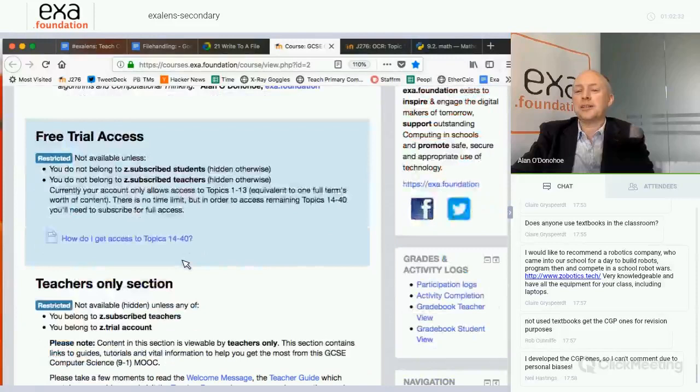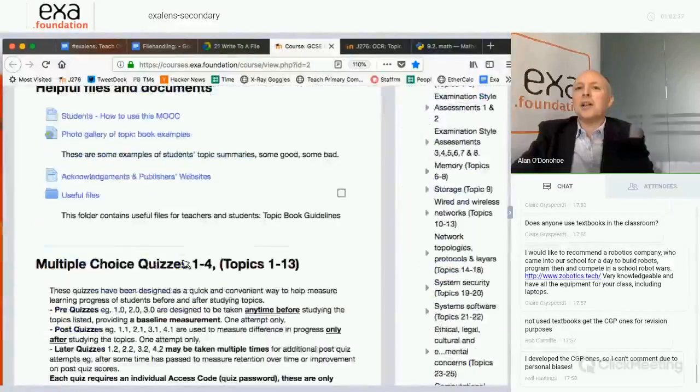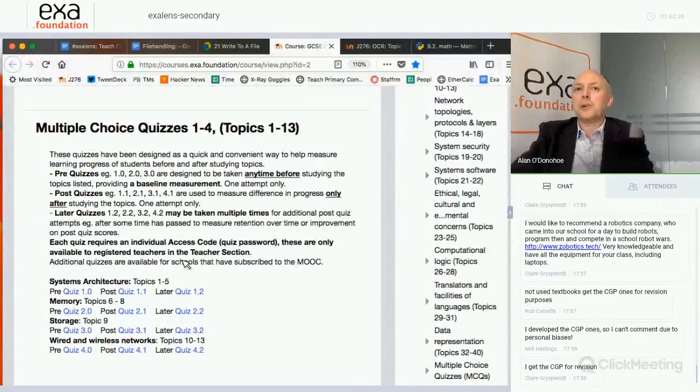And the way you would use it, I'll try and do this in a minute if I can. There's a teacher section. Let's go. What you do is, to begin with, you do a pre-assessment with your classes. So systems architecture, right, let's find out what you already know of systems architecture. Probably not a great deal at the very beginning of year 10. It's a new course, but they use that as their benchmark and they get a quiz score result.